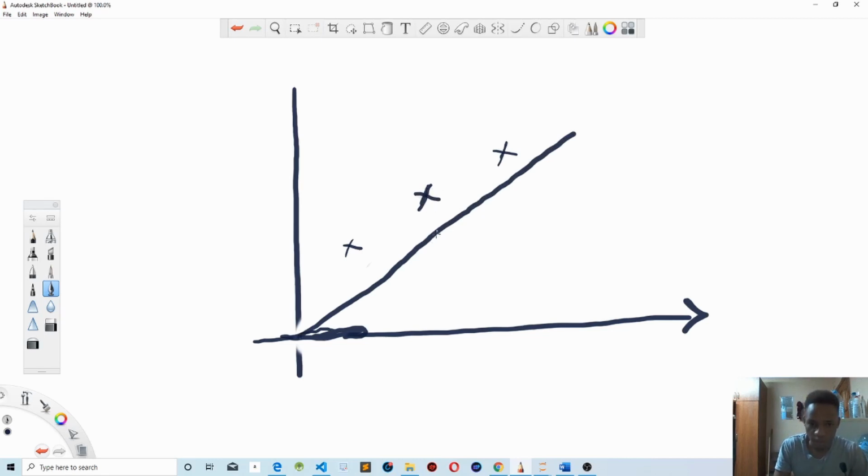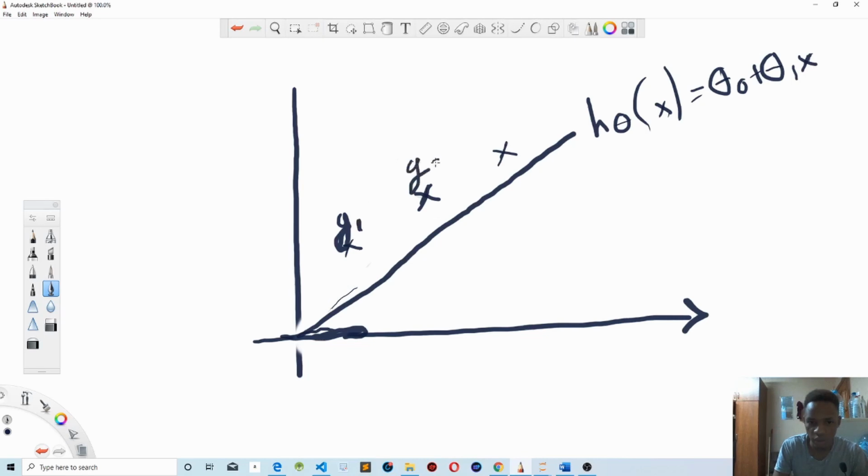So let's say this is our hypothesis, h theta of x, which is theta 0 plus theta 1 of x. Let's say this line is what our hypothesis is predicting, and we know that these are the actual values of y. Let's say this is y1, y2, and then y3. So to calculate the error made by our hypothesis,